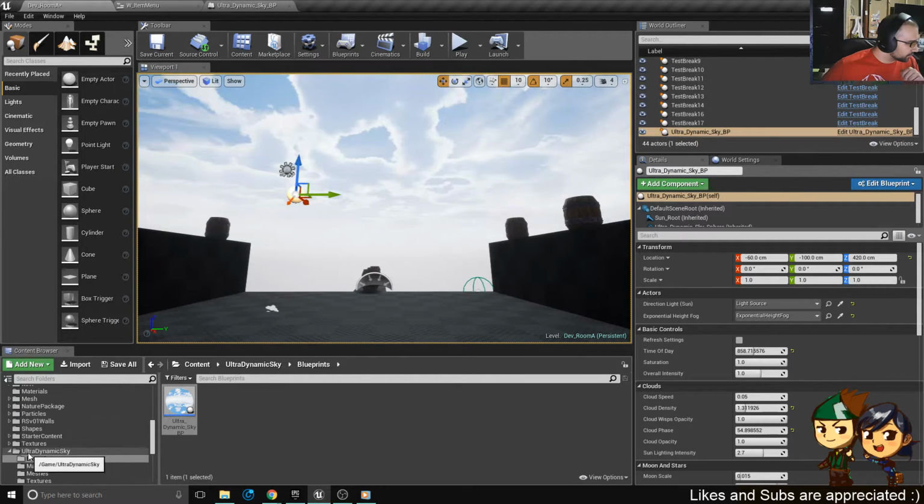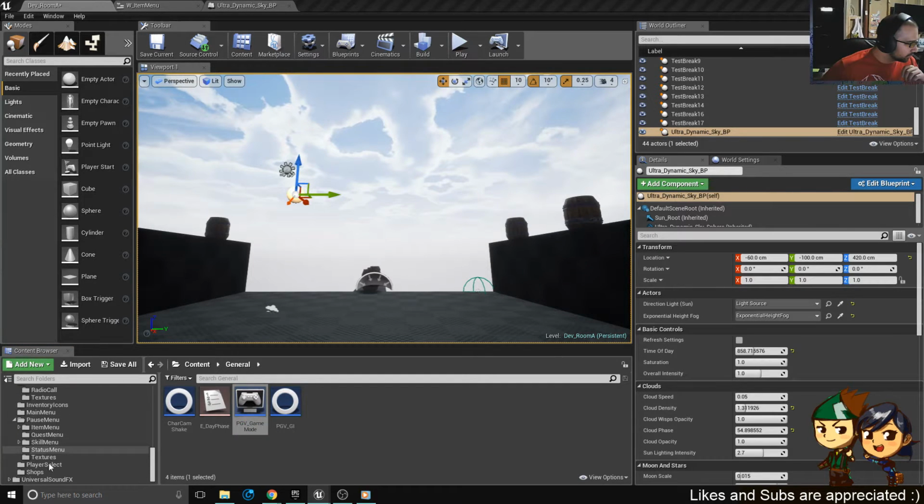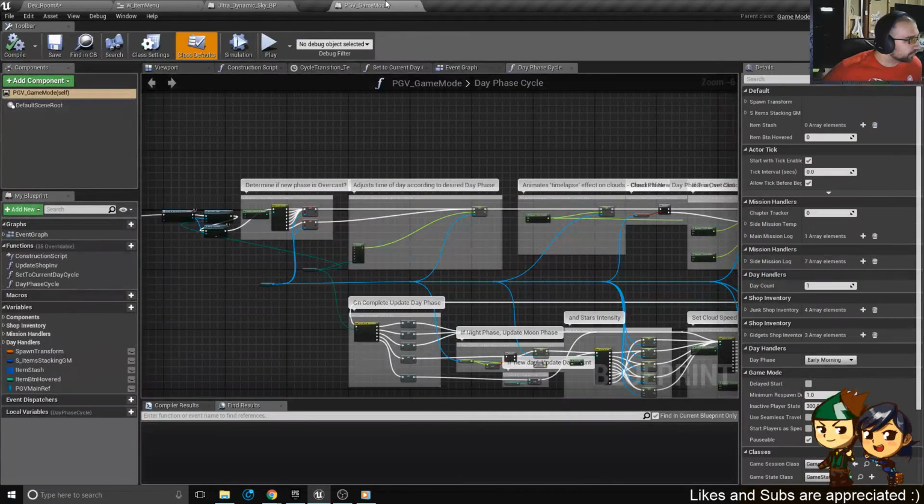Let's see here. Inside of general, game mode, and we'll also grab our widget, which isn't anything that fancy. I don't know if you guys care to see that. It's nothing more fancy than our pause menus. Right, so